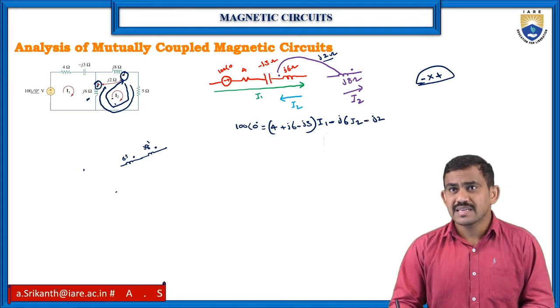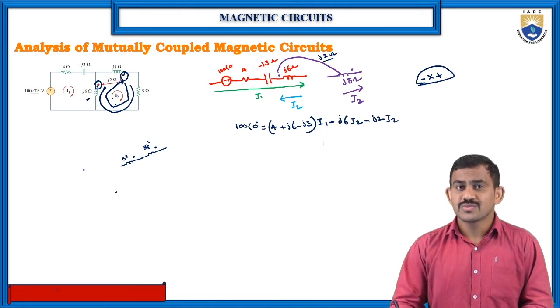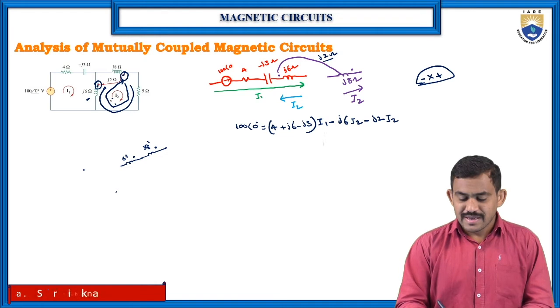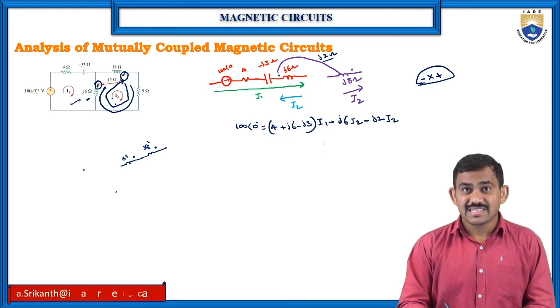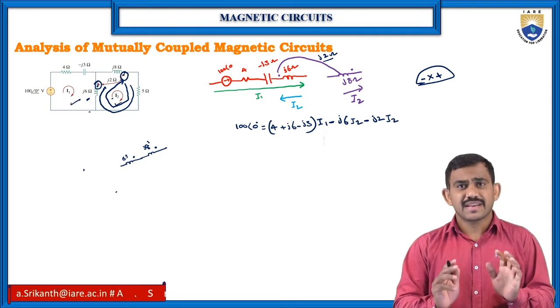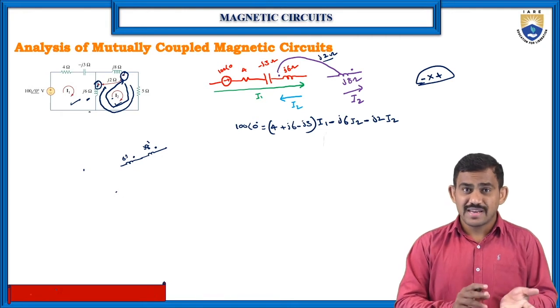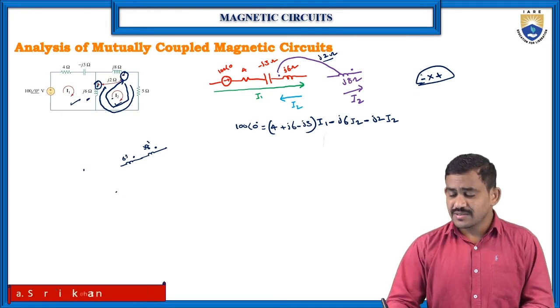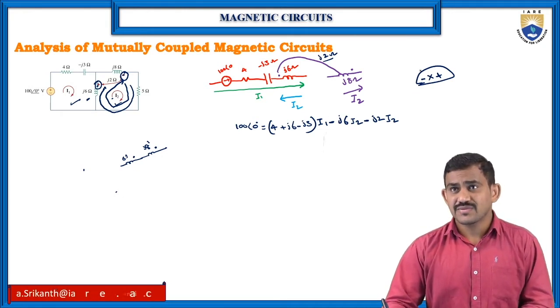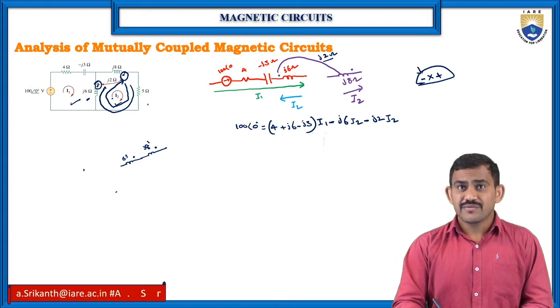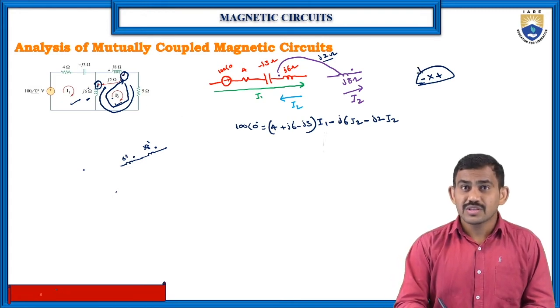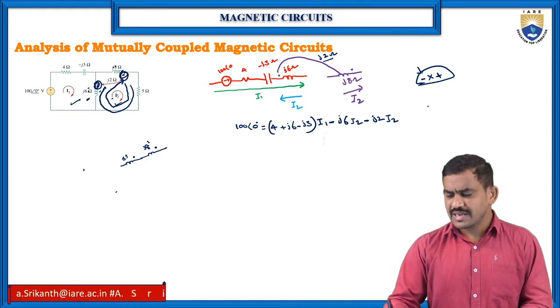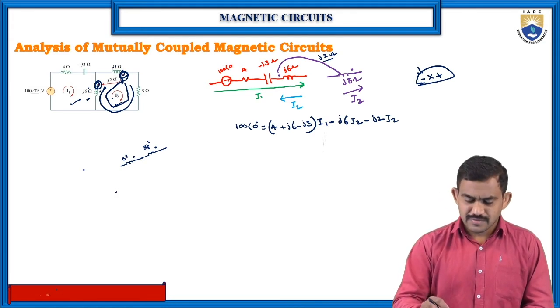So minus JI2. Why do we get the minus? Comparing the current direction, I1 current direction and I2 current direction are both reverse. So I need to write the I2 value, and for the I2 value the current is reverse, so I have the minus value. But for both inductances, the dots are reversed, like N position. So N position means we will get the minus value. Otherwise, I will write the I2 value.